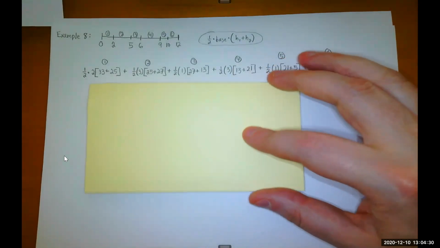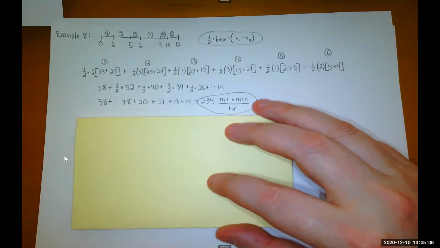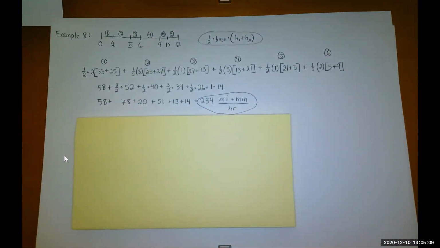Okay, do some quick computations here. 1/2 times 2 is 1, so we got 1 times 58, which is the sum of 33 and 25. 1/2 times 3 is 3/2. 25 plus 27 is 52. 1/2 times 1 is 1/2. 27 plus 13 is 40. 1/2 times 3 is 3/2. 13 plus 21 is 34. 1/2 times 1 is 1/2. 21 plus 5 is 26. 1/2 times 2 is 1. 5 plus 9 is 14. Multiply, combine. We have 234 mile minutes per hour,